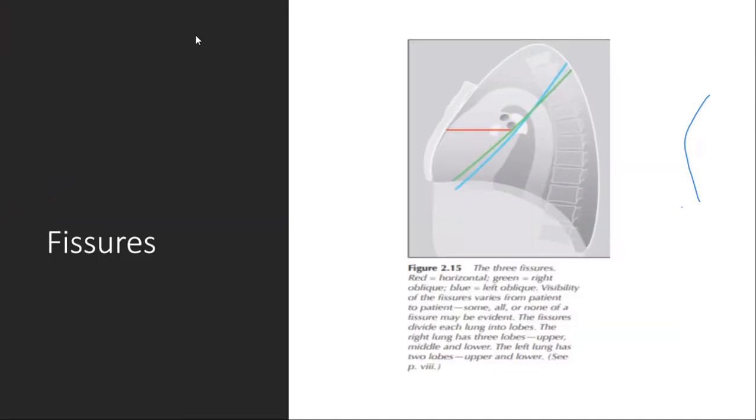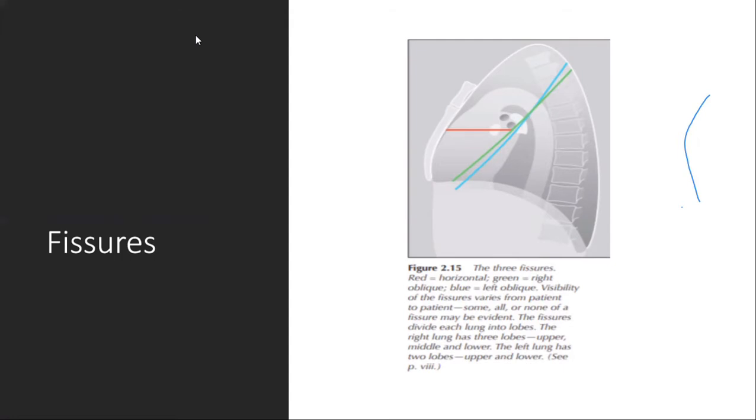Number three is the fissure. The important thing is that there are two fissures in the right lung and one fissure in the left lung. In the right lung, the fissures are the oblique fissure and the horizontal fissure. In the left lung, the only fissure is the oblique fissure. Again, the oblique fissures almost overlap each other. Not easy to differentiate, but it is said that the left oblique fissure lies a bit posterior to the right oblique fissure,